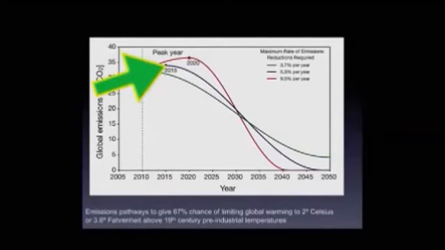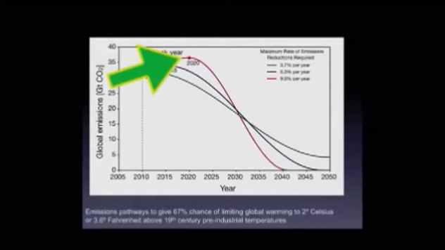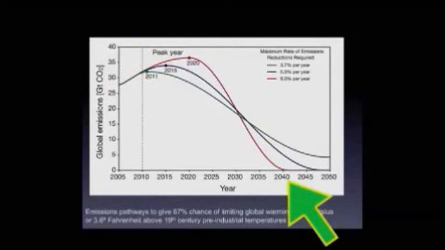The blue curve is one in which emissions keep growing for another 4 years and then start being reduced and reach zero before mid-century. And the red curve is one in which emissions continue growing throughout the present decade and then decrease very rapidly,